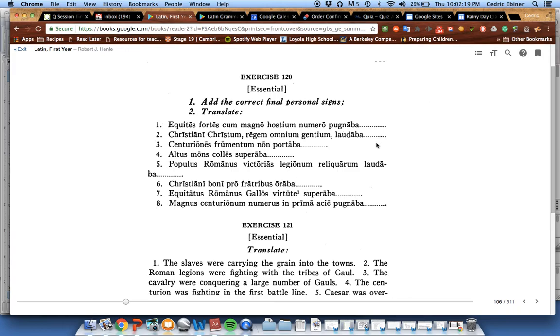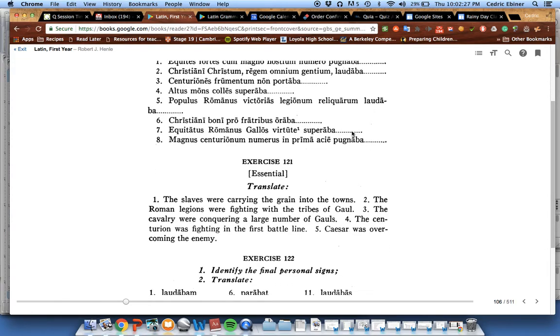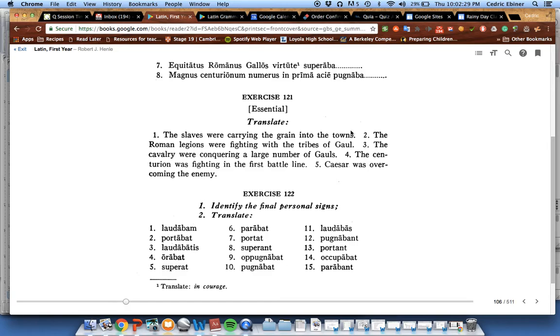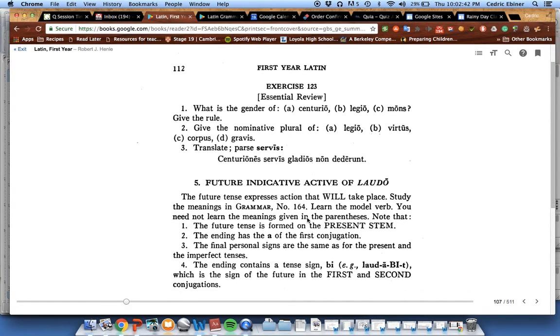Okay, so hopefully the rest of the exercise went well. And again, if you have problems with any of these exercises, since you can't ask me any direct questions right now, just make sure you call me or email me your questions. Okay, so the next exercise 122, again here, same kind of exercise we've seen before with presents and imperfects. We're going to move on